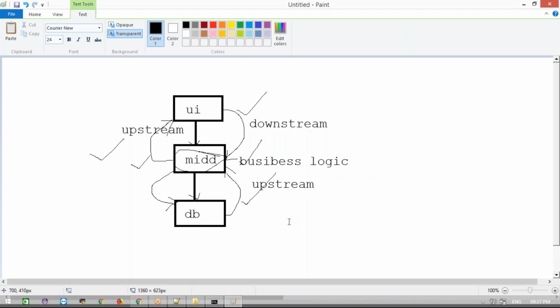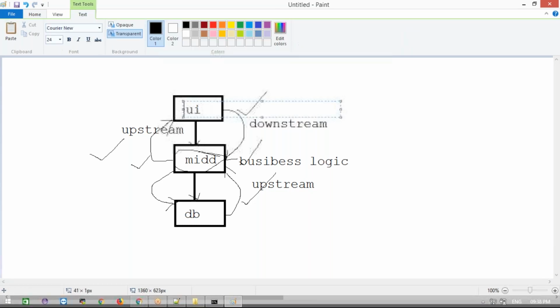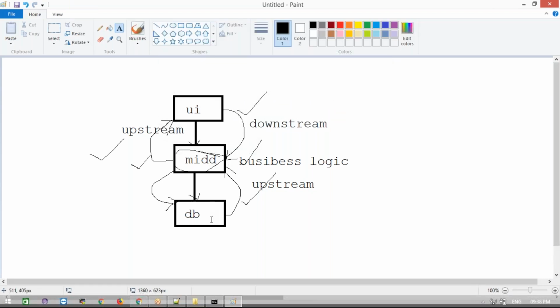For example, if I run the UI project and click build now on UI, what projects will be built? Three projects. If I run it here, it will run the downstream project, and that downstream project has one more downstream.